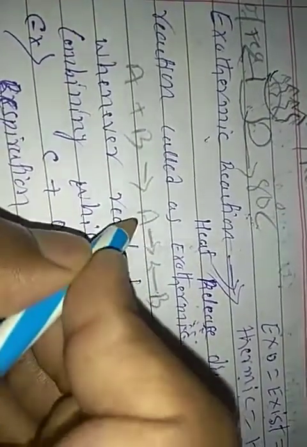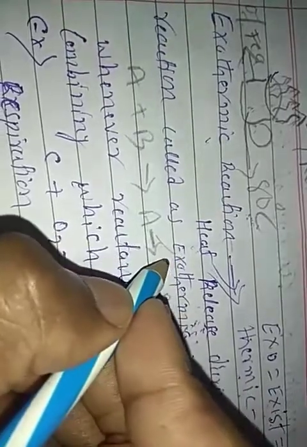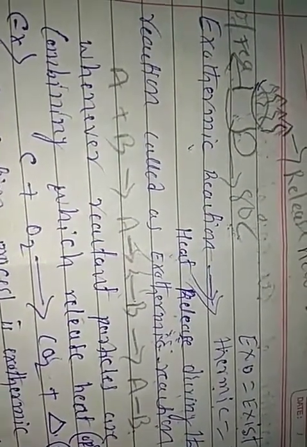Similarly, when we use chemical A and chemical B, when chemical A approaches chemical B, A is attracted to B and B is attracted to A. During the approach, they release an amount of heat to form AB molecules. Understood, students? Very good.